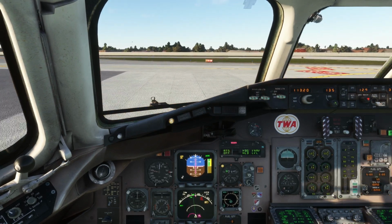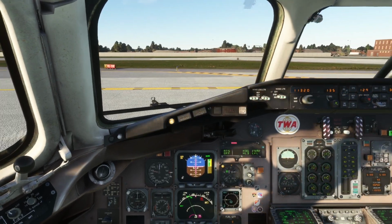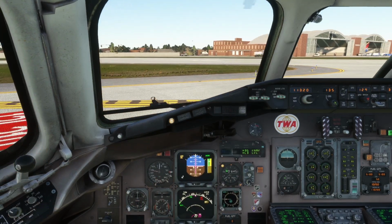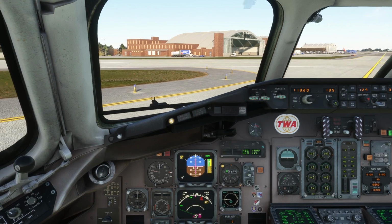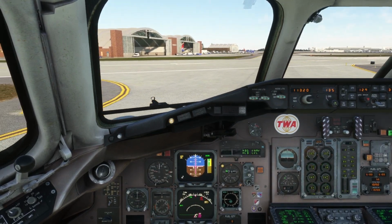Alright, we'll hang it to the right here. Cross what used to be 13 left. We'll take 13 left down to the terminal, because it's now being used as a taxiway. It's not an active runway. Anyway,